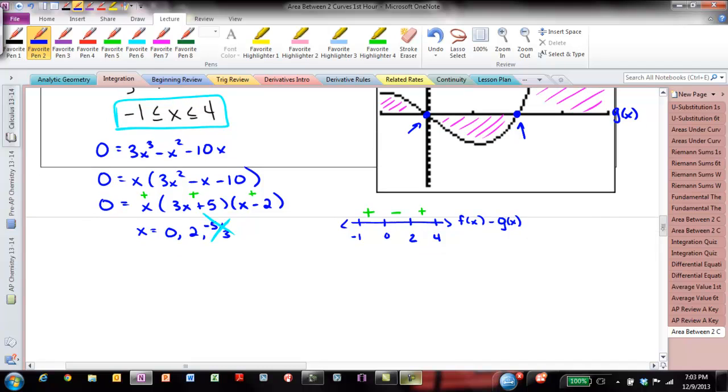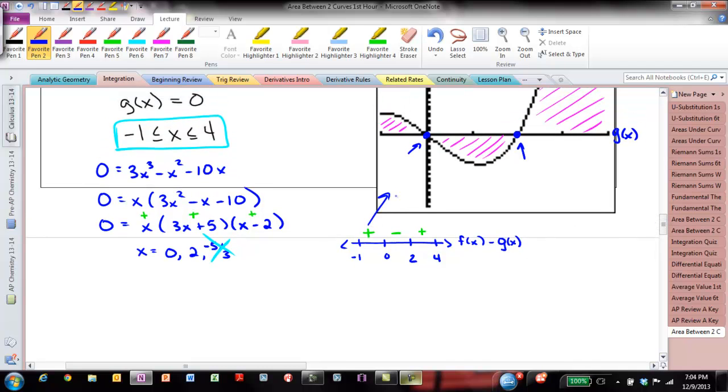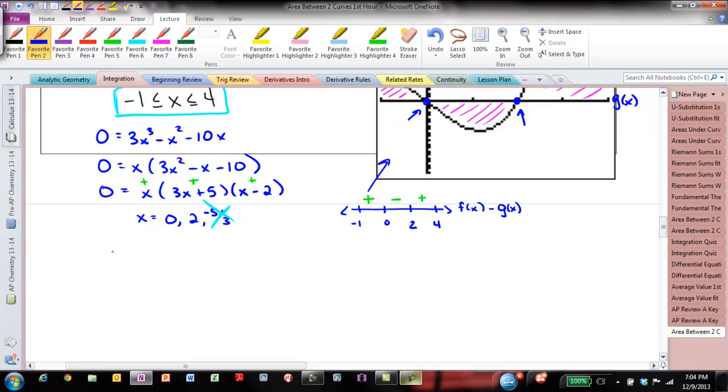So what this does when we're testing to see our intervals, that this should correlate to our picture, is that f of x minus g of x, f of x should be on top here, and then on bottom here, and then on top there. So we're going to set up our integrals. We're going to go negative 1 to 0 of f of x minus g of x dx plus, and so this was a negative, and because I want to keep it f of x minus g of x, because I have to integrate this by hand, I'm going to flip my interval and go from 2 to 0 of f of x minus g of x dx plus the integral from 2 to 4 of f of x minus g of x